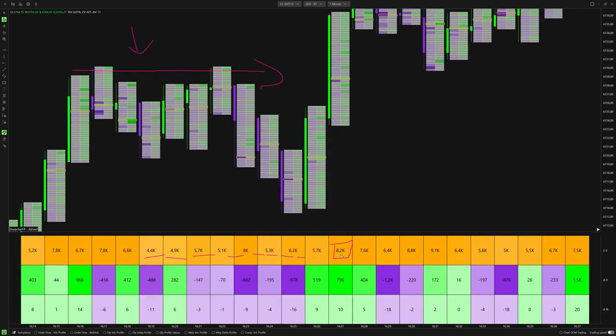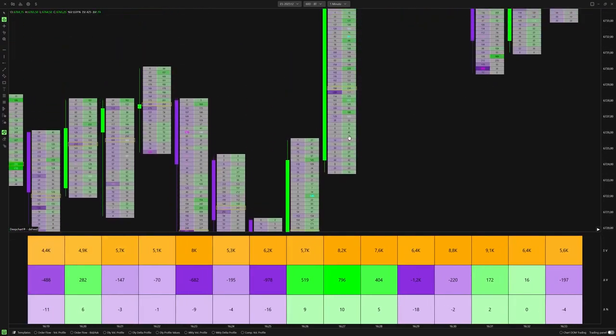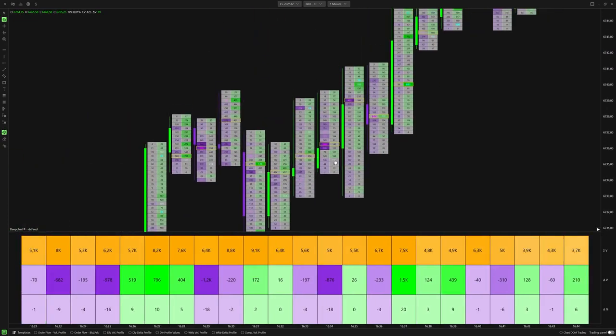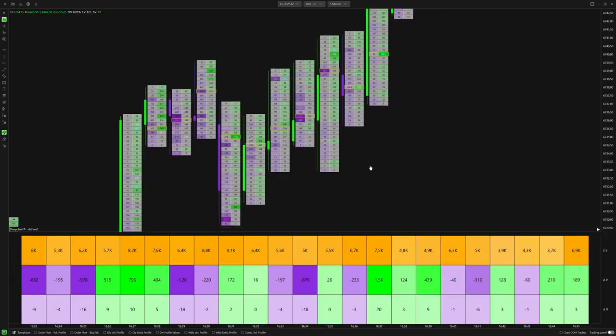look at this, 8,000 contracts, 700 delta, which is at least 10%. And then we move higher. Whenever there's a lot of volume, a lot of aggression, a lot of delta, typically the breakout will hold because there's an imbalance, there's a clear imbalance. And again here,